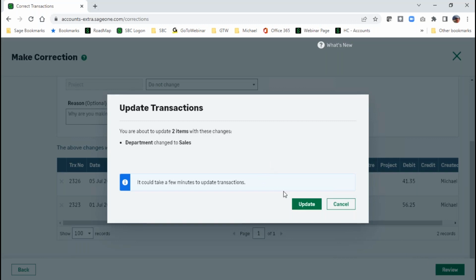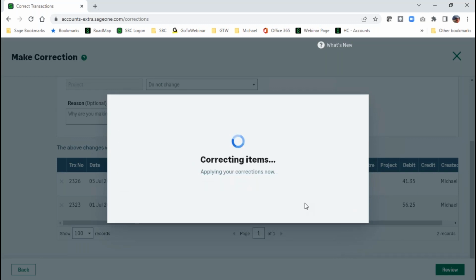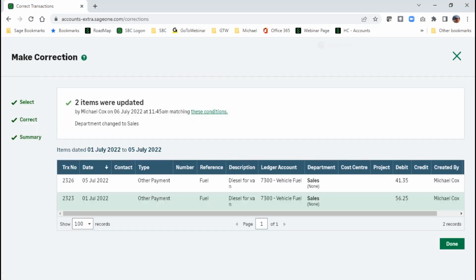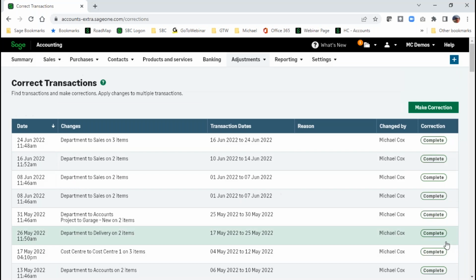Tell me what's about to happen. Click update. So a little spinning wheel, and then we'll return back to the make correction window. That's it done. Those 2 transactions that I've now selected, you can see in the department column, they're now allocated to that sales department. And all I need to do at that point is just click done at the bottom